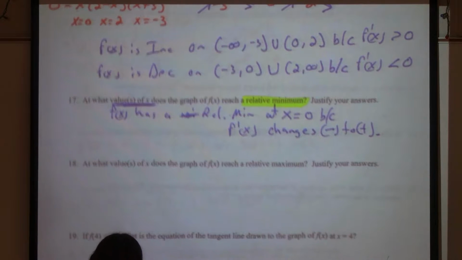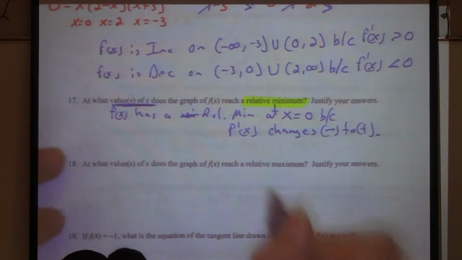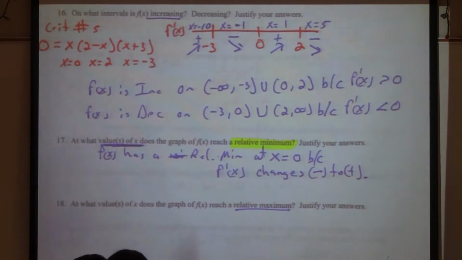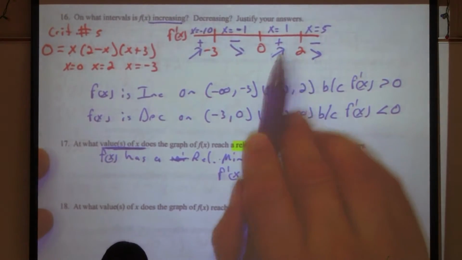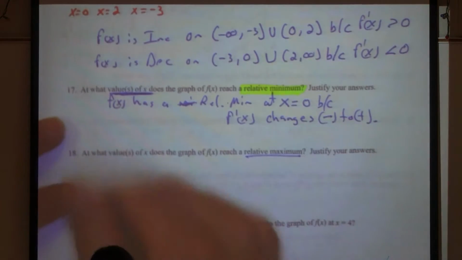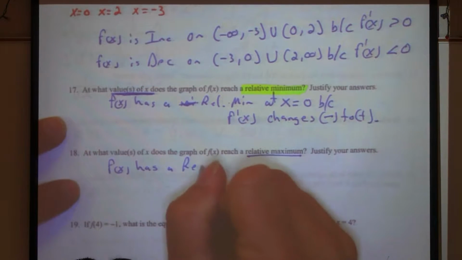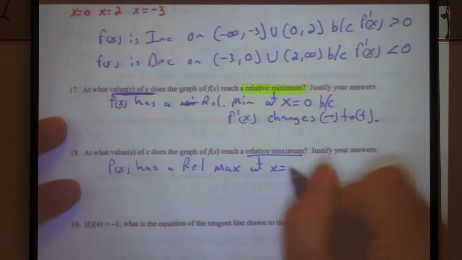18. At what values of x does the graph have a relative max? So looking at our sign line, can we figure that out? Yes. We're going to have a max at negative 3 and then 2. Beautiful. So f of x has a relative max at x equals negative 3